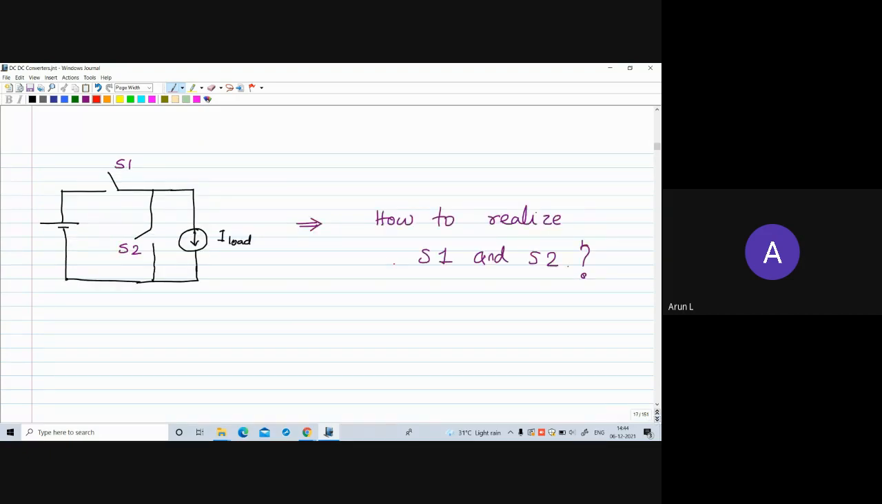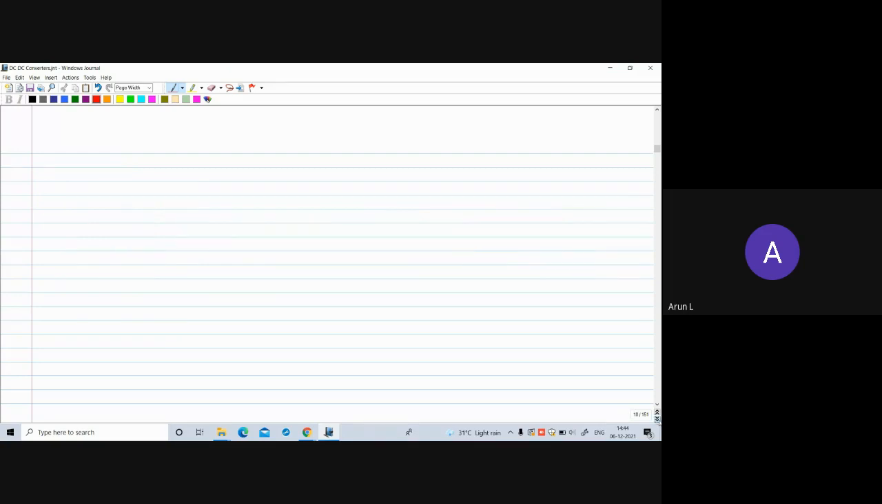Okay, so now how to realize S1 and S2? We cannot use mechanical switches because they are very slow. So some solid state device has to be used, and how to select the switches, let us see. So we have two situations. When S1 is on, the situation will be something like this. S1 is on, you have S2 open,